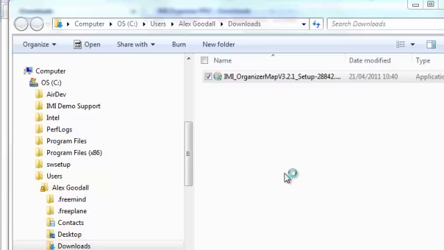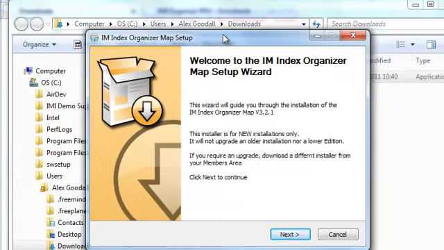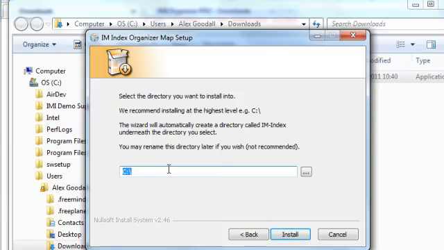There's a pop-up from the User Account Control, which you can't see because it doesn't get displayed when recording videos. I just click yes to that, and there's the window for the setup wizard. Welcome to the IMI Organizer Map Setup Wizard. It's going to guide me through the installation of the IMI Organizer Map version 3.2.1, and it's for new installations only, etc. So I'll click on Next,